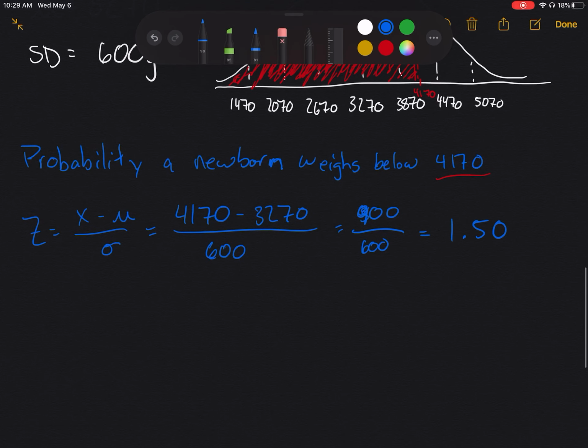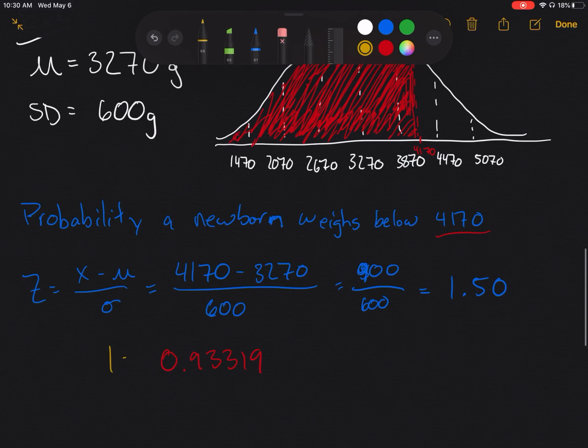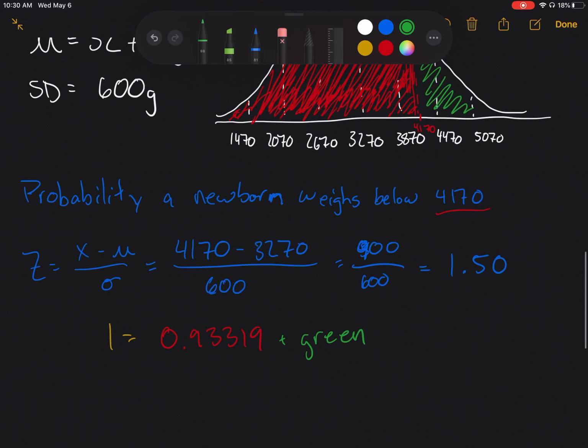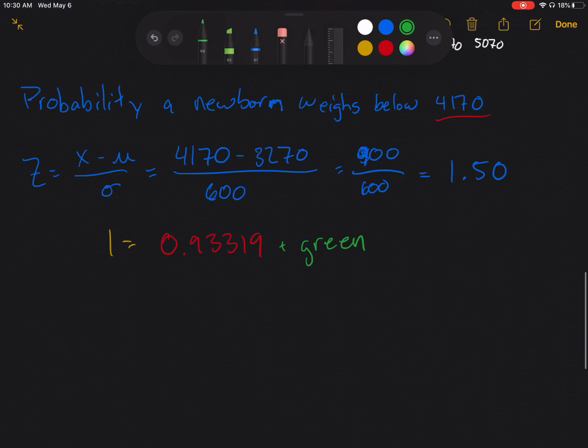Okay, so that red area, 0.93319. Okay, recall that the entire bell curve is 1, which also means that this green area plus the red area would give us 1, but we're not looking for the green area, we're looking for the red area. So the red area is